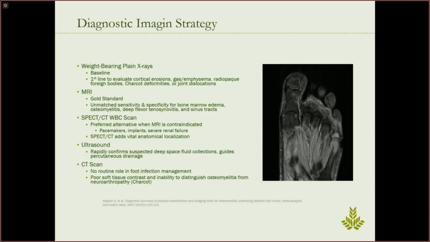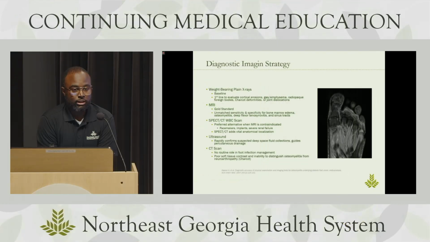If a patient can't get an MRI because they have a pacemaker or a spinal cord stimulator or some other issue that prohibits them from getting it, SPECT CTs and white blood cell label scans are great. You can pair that with a triphasic bone scan and order an Indium-111 or Indium-112 scan that can give some useful information about if there's any bone infection as well.